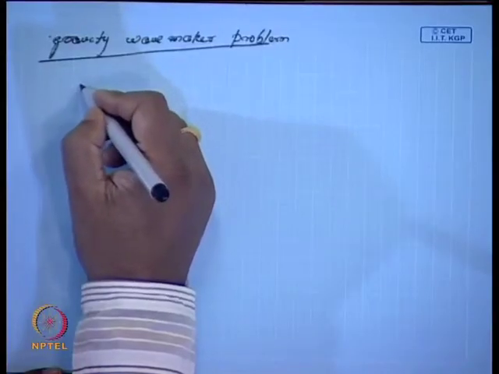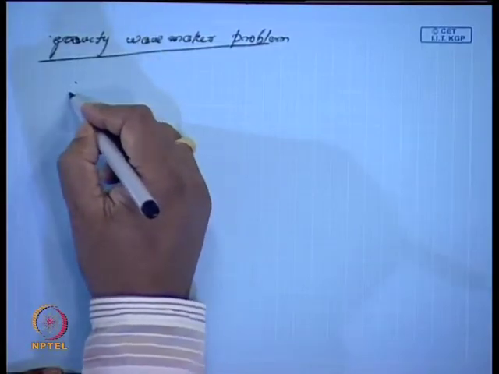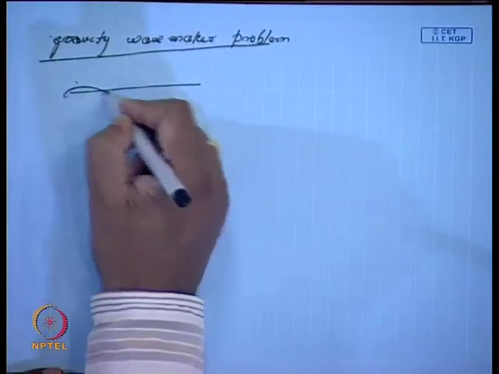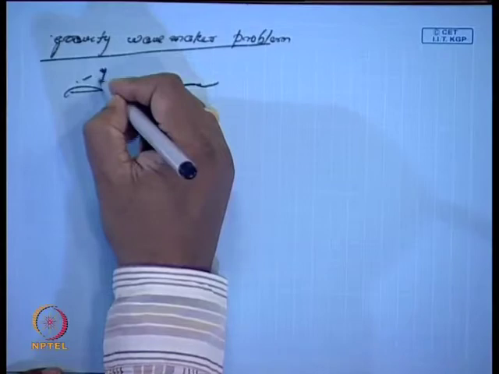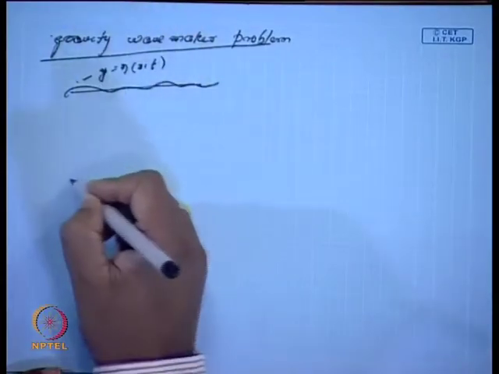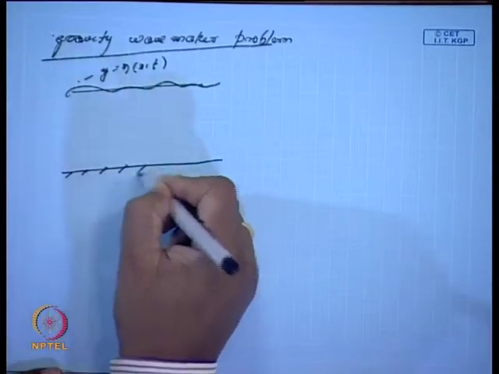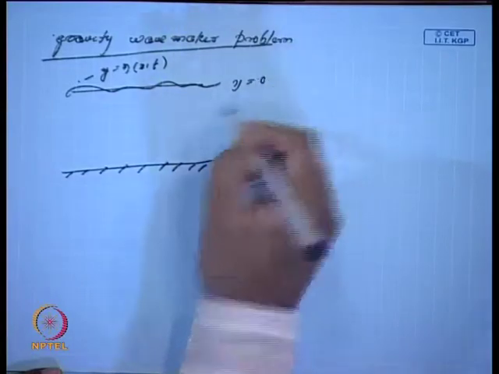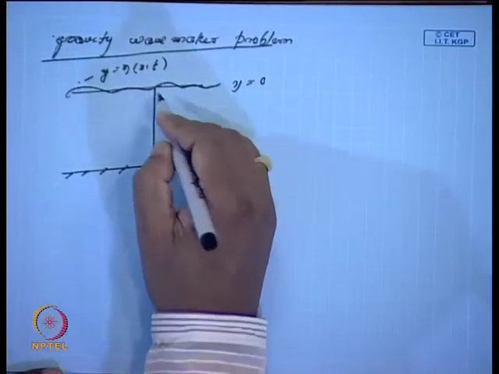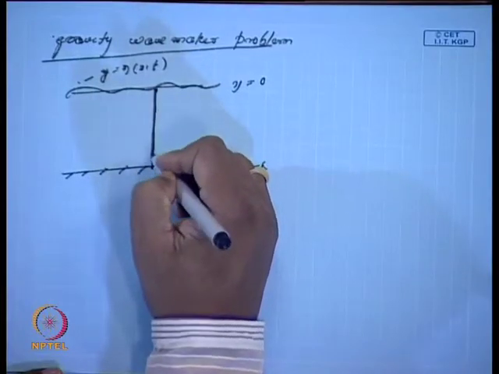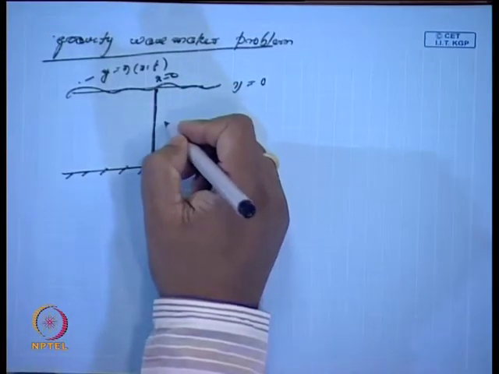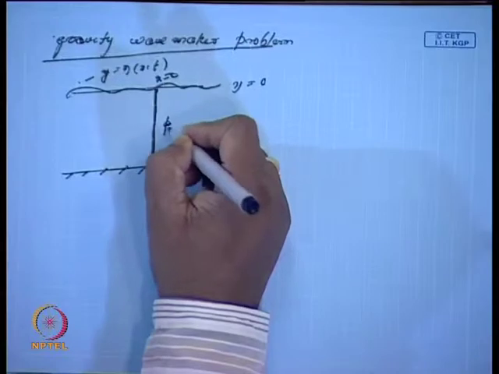So, suppose I say, let me consider this problem like this. This is my free surface, y is equal to eta x t, and this is y is minus h, and y is equal to 0. Suppose there is a wavemaker here at position x is equal to 0, and the wavemaker exists here and it oscillates,